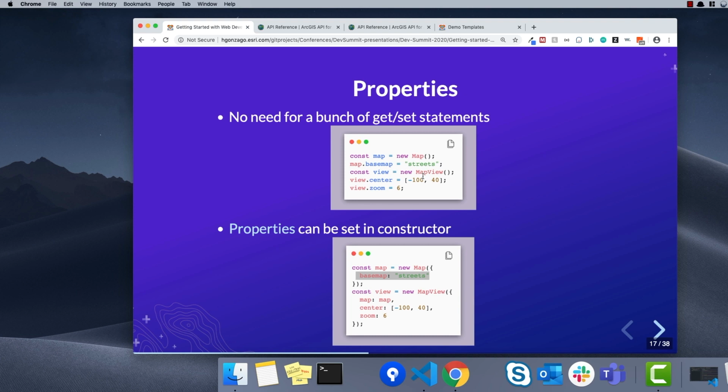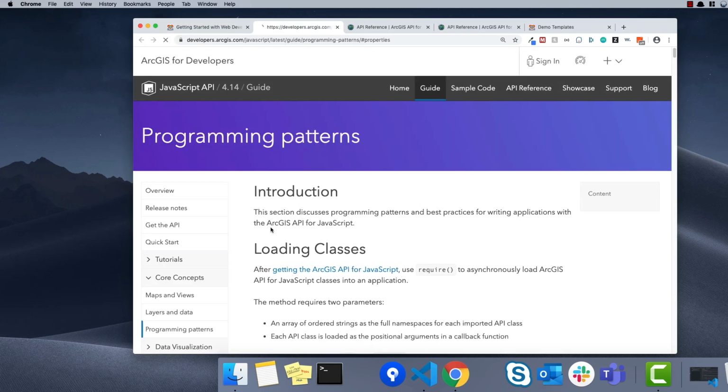We are setting the center and the zoom properties. You can do the same exact thing when you are creating these new instances and instantiating these classes and specifying the properties here directly within that constructor. We actually have a